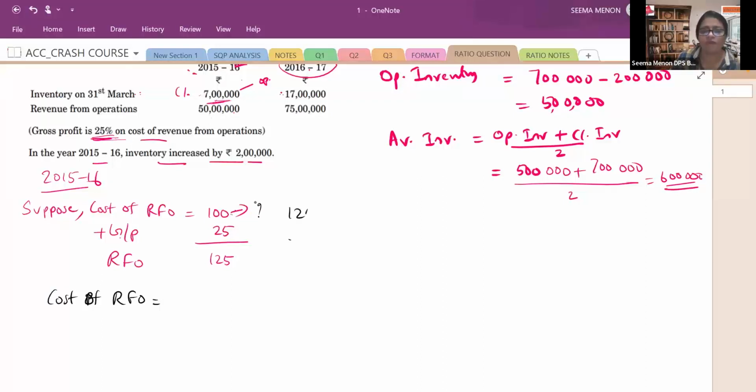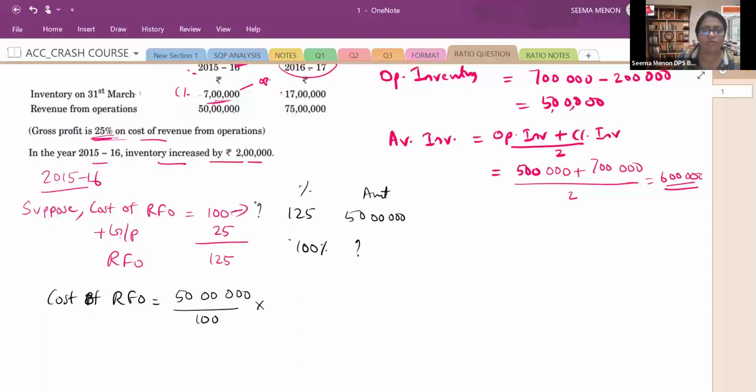Here, if you want, you can write the percentage and the amount. 125 percent is given in the question, that is 50 lakhs. Then what about your cost of revenue? 100 percent. That is equal to 50 lakhs, cross multiplication always, multiplied by 100,